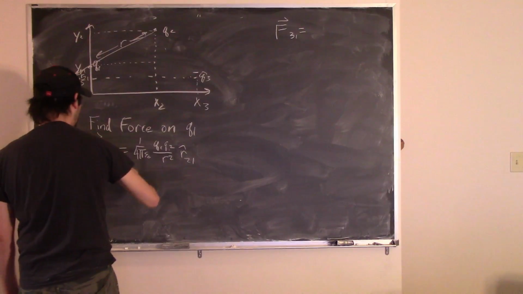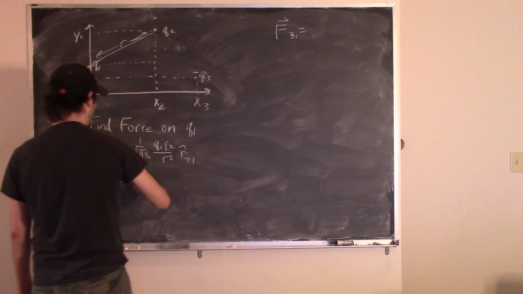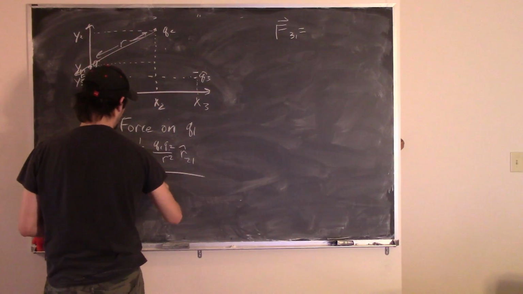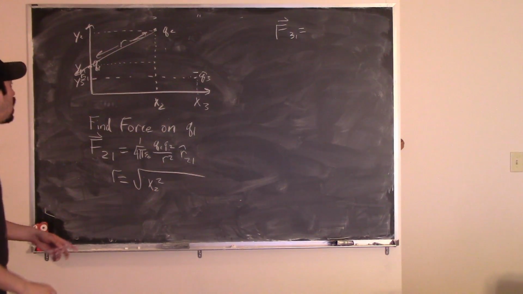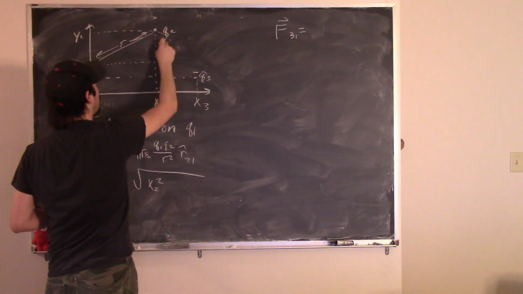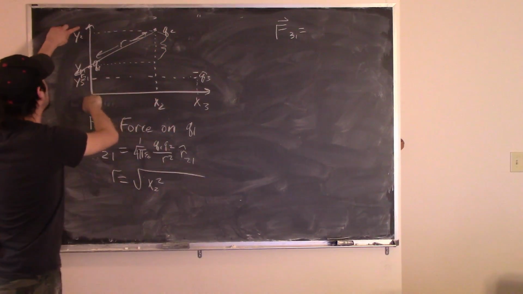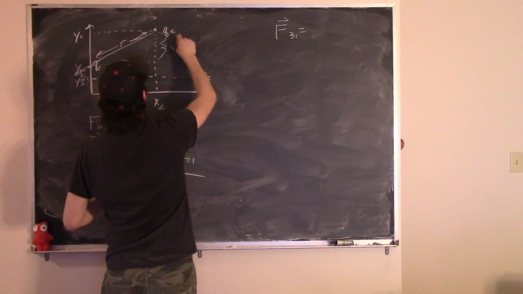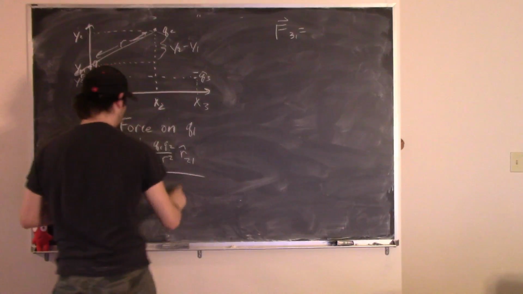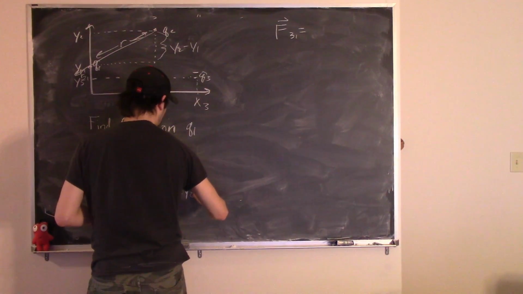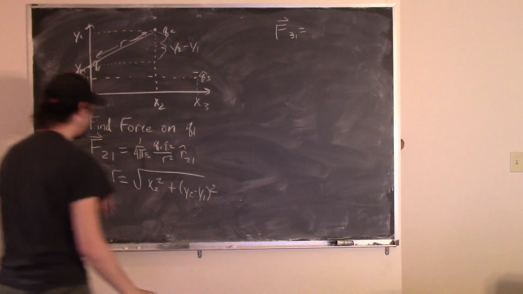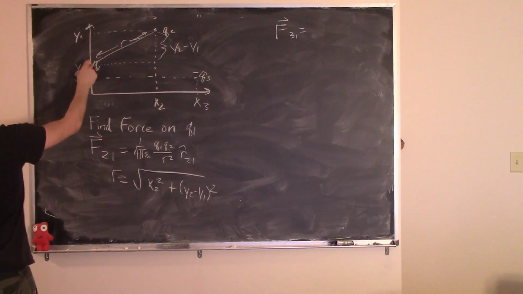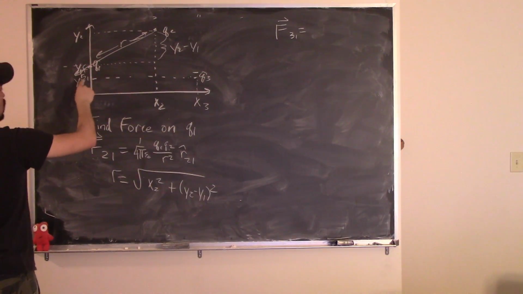And so this r is going to have some component of x2 in the x direction, and so this is going to be x2 squared. For this portion right here, this is a total distance of y2, this is a distance of y1, and so this is going to be y2 minus y1. So this is plus (y2 minus y1) squared. Okay. Now the next thing that we need to do is to figure out what this unit vector here is,